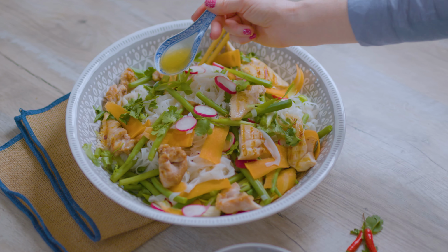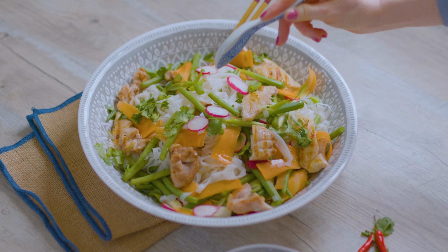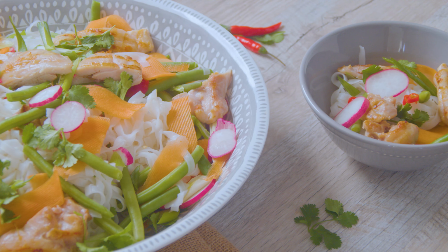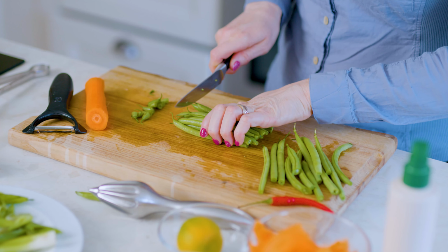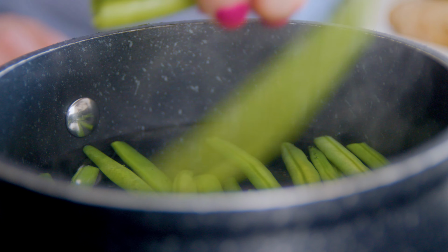This Thai chicken noodle salad is fresh, light and zingy and packed full of great textures and flavours. We've used chicken thighs, but it would work just as well with meaty fish like tuna or salmon or tofu chunks. To start off, trim and blanch 200 grams of fresh green beans for 2 to 3 minutes, then drain